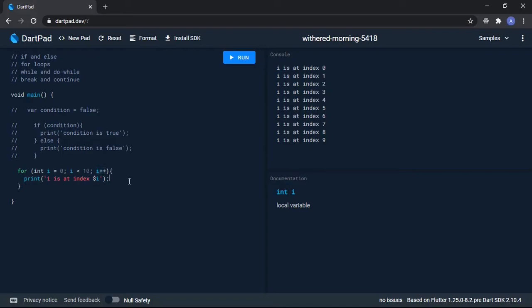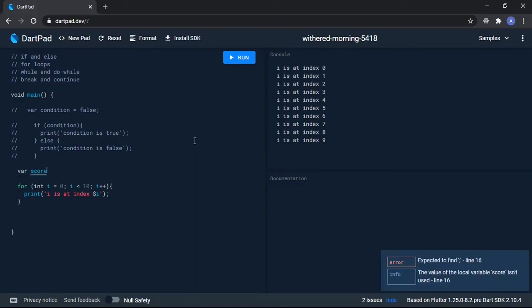So that's just a for loop. And that is another type of for loop, which is different, which you can actually use to loop through lists or any iterable. So I'll have a list, I'll just call it scores. So scores, and then 10, 20,